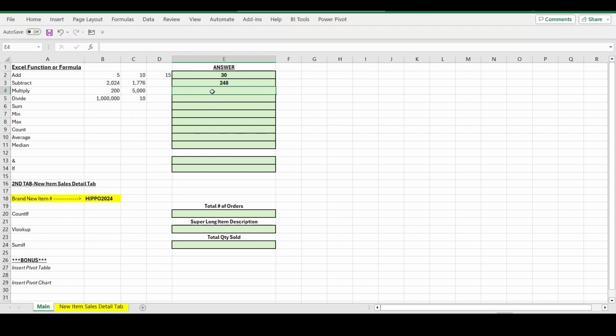Now for multiplying, same way, we're going to hit the equal sign and the open parentheses. We're going to type or click cell B4, and we're not going to do the typical multiplication X. We are going to use the asterisk key, and then click on cell C4, and then close parentheses, and then